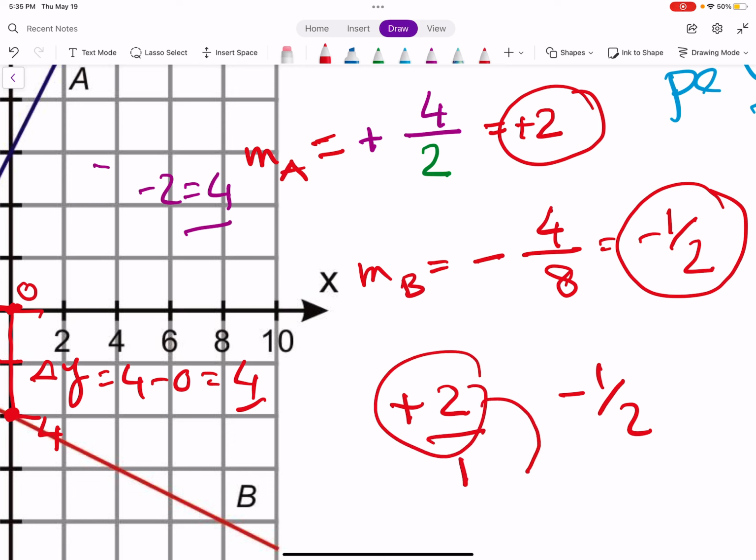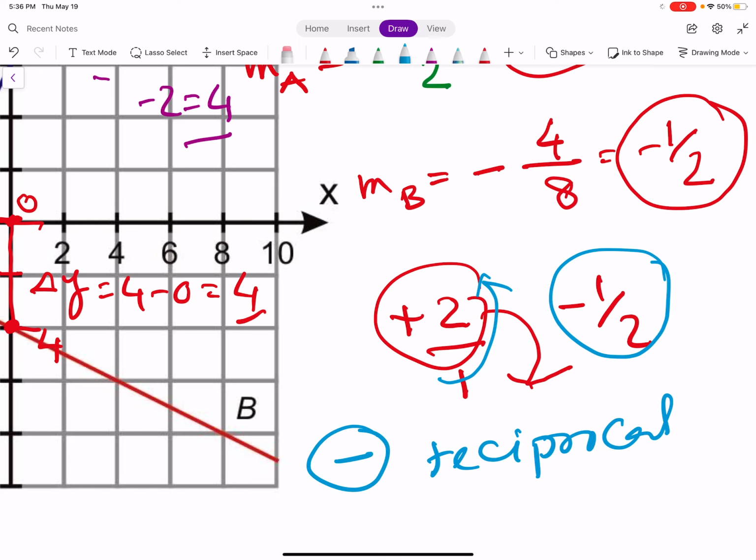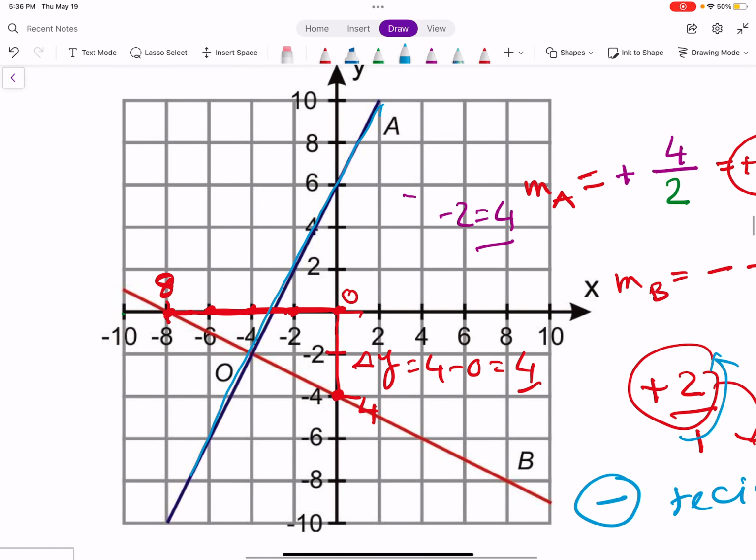So what happens? This guy goes there, and this guy goes there. So what do we call this? Flips, right? Reciprocal, and negative reciprocal, right? So what kind of lines are these? You can see perpendicular, right? So at 90 degrees there,